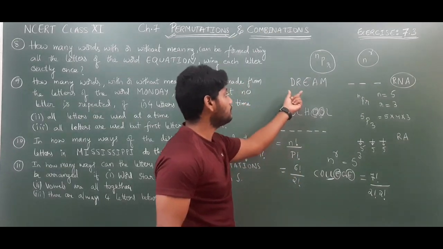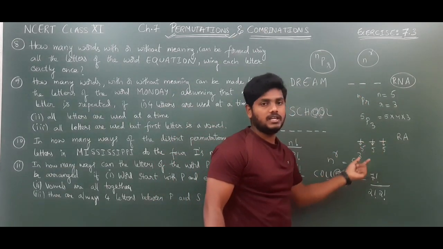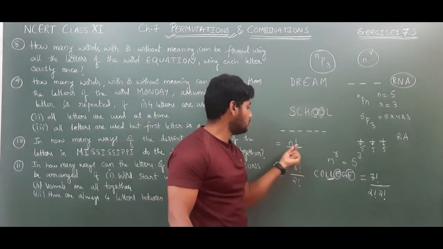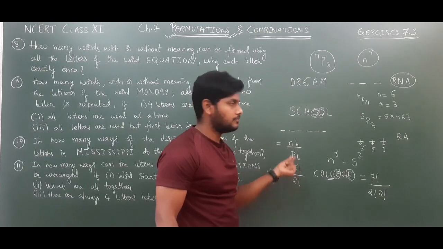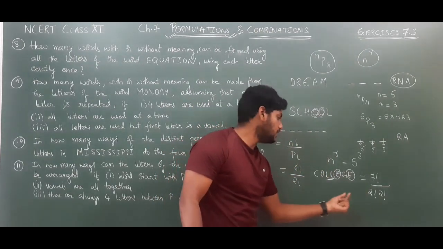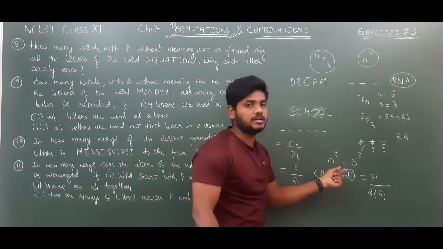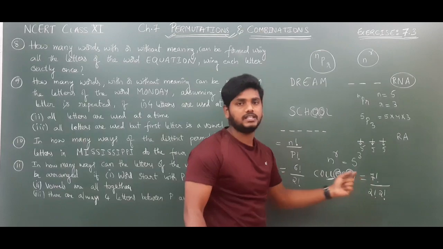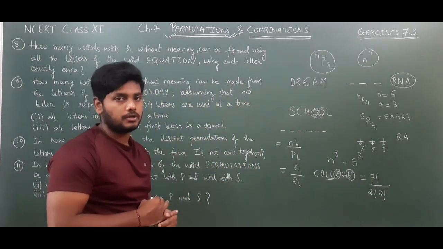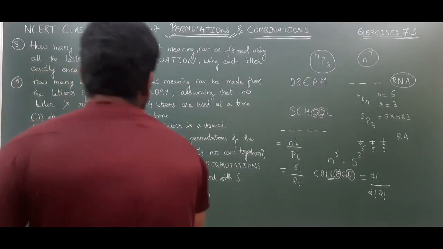We write like that when we have repeated letters in the word. When we have different letters, repetition not allowed means nPr, and repetition allowed means n to the power of r. When we have the same letters repeated in the word, we use n factorial by p factorial. N factorial means the number of letters, that much factorial, divided by the factorial of each repeated letter's count, and again into another repeated letter's factorial. Like that we will write. So this is about solving permutation problems. Now we will come to the questions. Pause the video to note it down.